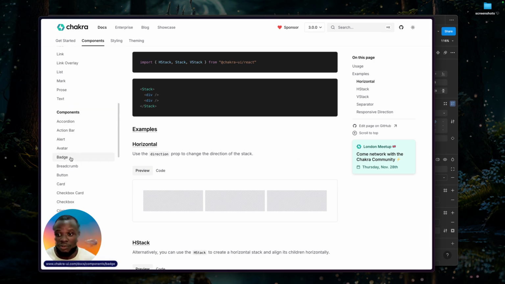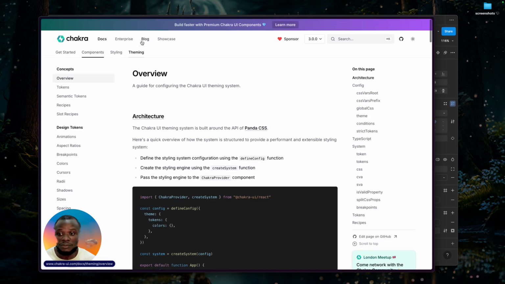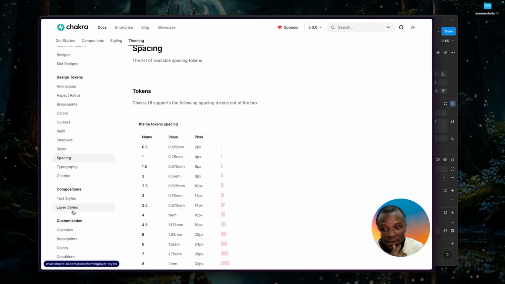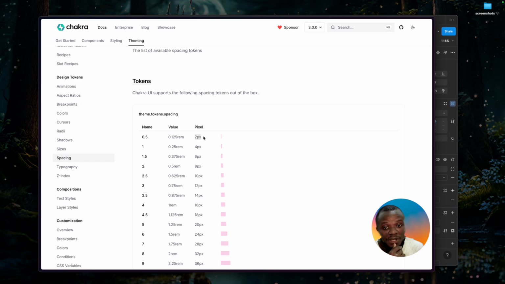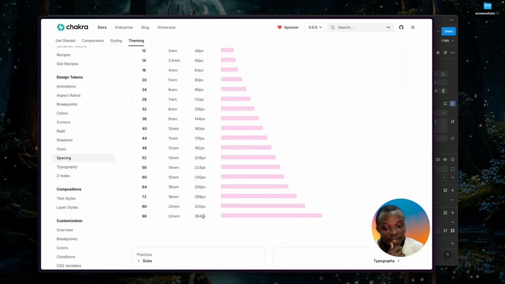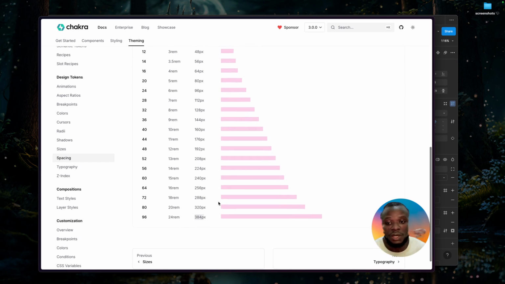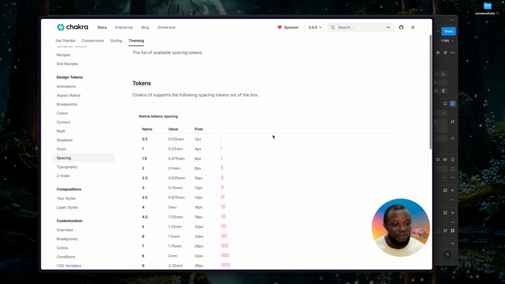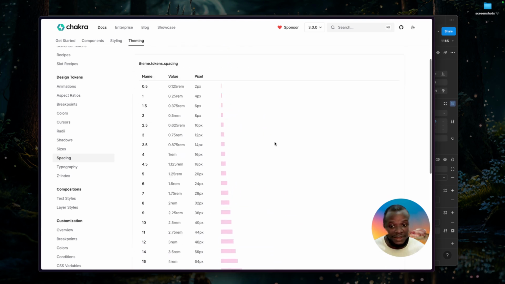So if we look at, let's say, theming, and take this away. Okay, so we have spacing here. Okay, so Chakra UI supports the following spacing tokens out of the box. So I have a minimum of 2 pixels all the way to 384 pixels. Okay, so since these are not currently available on Figma,